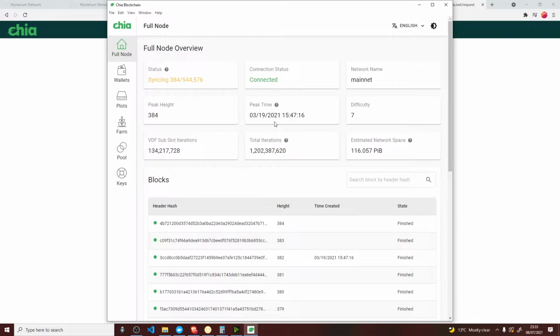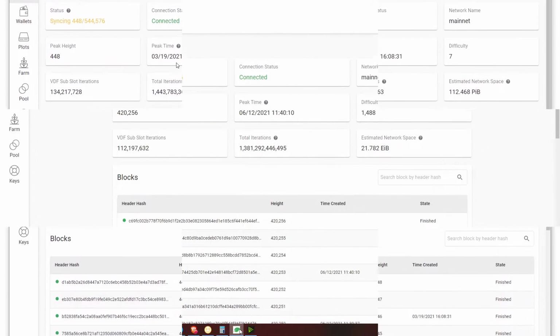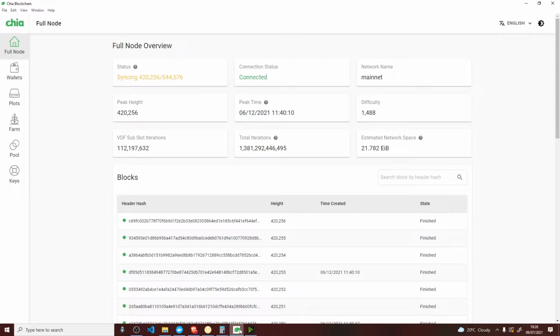So what I'll do is, well, you won't notice it, it'll be instant. I'll carry on with this tomorrow, where we'll do some plots. So it's 7:26 the following day after I started the install, and as you can see, it is still syncing. I wanted to finish this video today, so hopefully by about 10 o'clock it will be finished and fully synced.